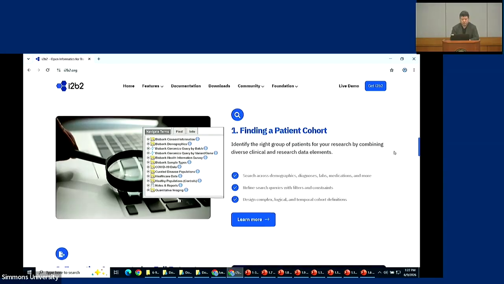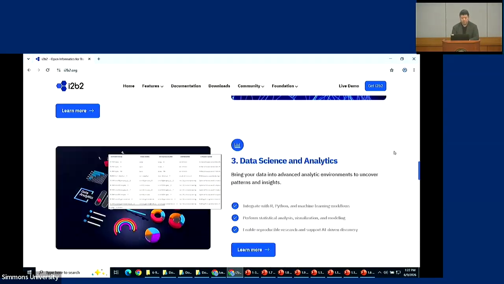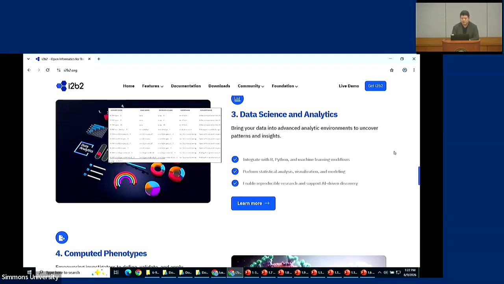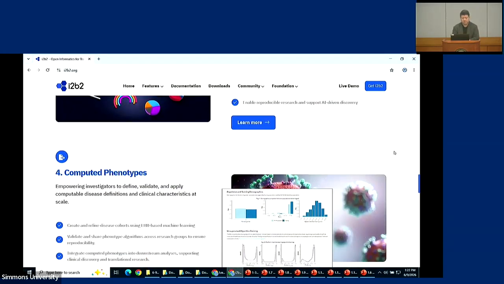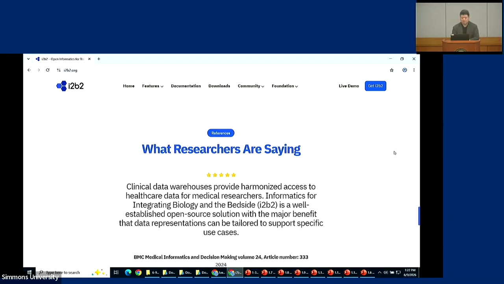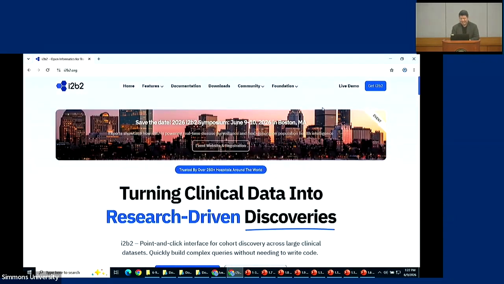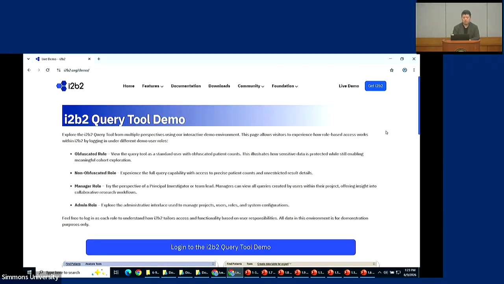So finding a patient cohort, with the new versions of i2b2 that Jeff just presented, exporting aggregate or full data sets and so forth. And how these data sets that come out of i2b2 can now be used for data science and further analytics, which leads to computed phenotypes and other things that you want to work on. And then this just has the typical footer. If you go to live demo, the interesting thing here is that we've now made available